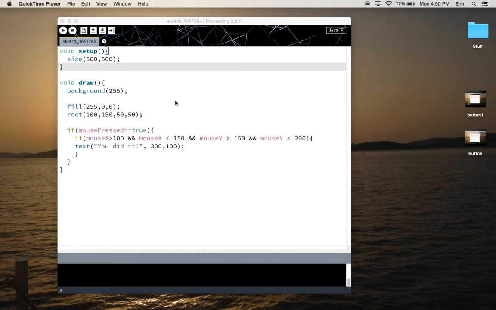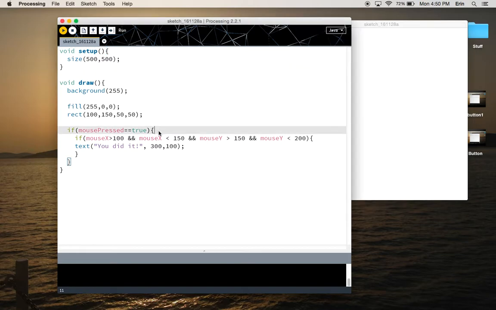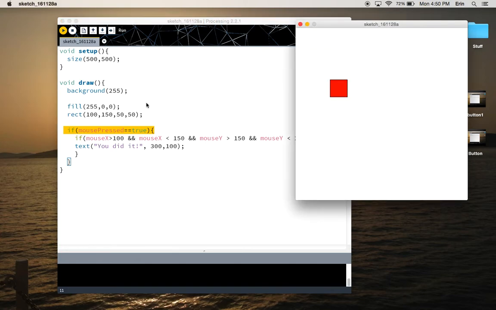Okay, in the first button video, we made a button that's a clickable area on screen that's designated by this red rectangle. If you click inside it, you're going to get a response. In this case, it is the text, "You did it." But as we established, the problem is when I release the mouse, the text goes away. Because, of course, our program says that that action is true only when the mouse is pressed, and it means pressed and held down. So we want to modify this code so that the action, that text, stays even after